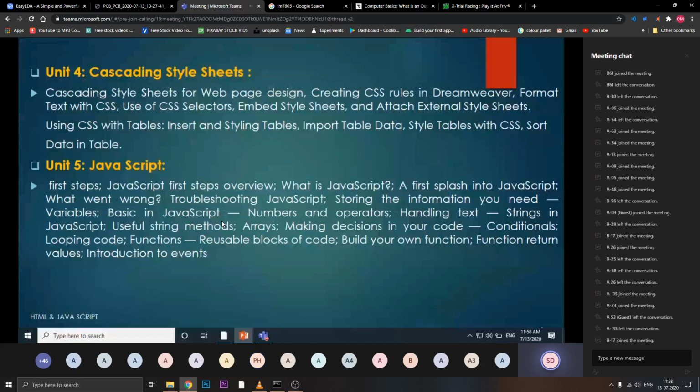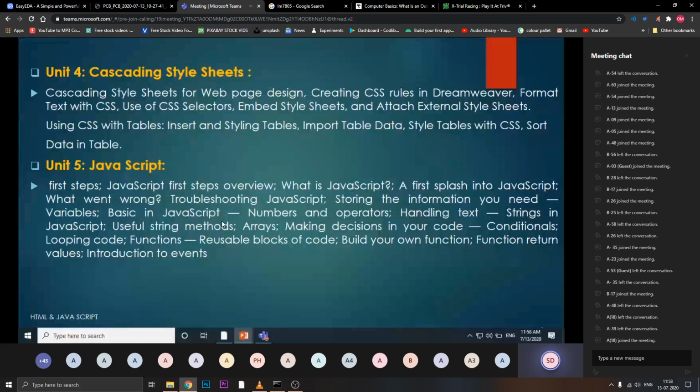See why I am taking the reference of C programming frequently: because you are familiar with C programming itself. You have studied it, and by taking the understanding from C programming, we need to study HTML and JavaScript. The working is the same, only the syntactical part is different. So you need to revise. I think in data structures also you need functions, loops, and all this. Are you getting this? So here also you need that part.